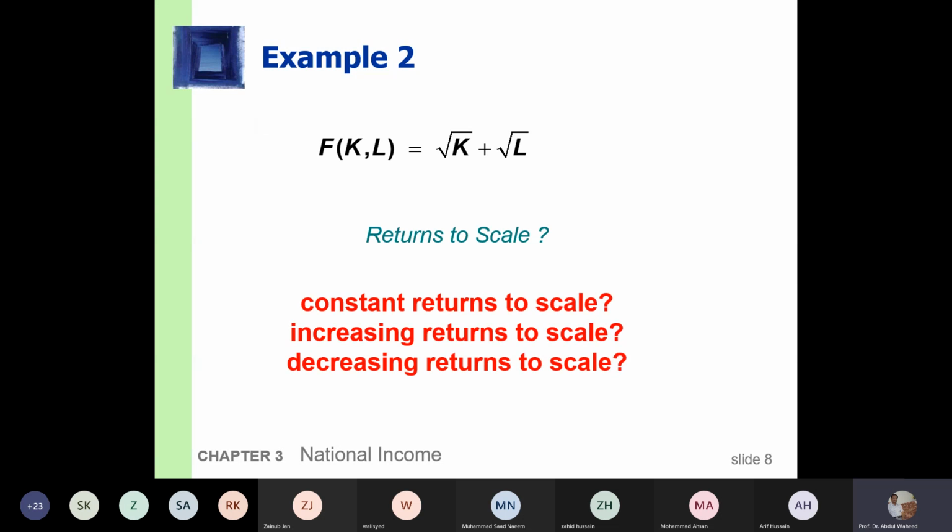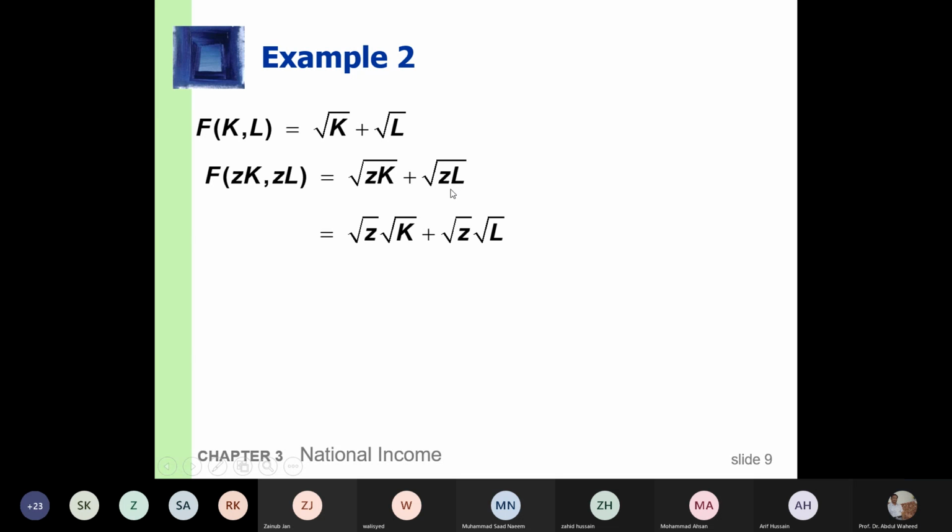This is the function, the same function. Now we have to increase K and L by Z. So I made it ZK and ZL. Now I have to separate the square root of Z, square root of K, then square root of Z, square root of L. What is common here? Z is common. The square root of Z is common. So now you can see that this is same as this. So this means